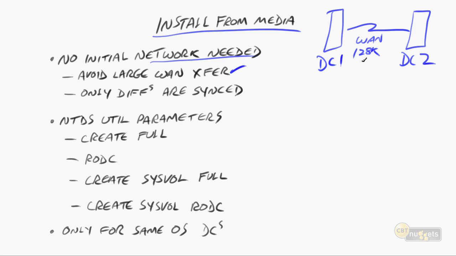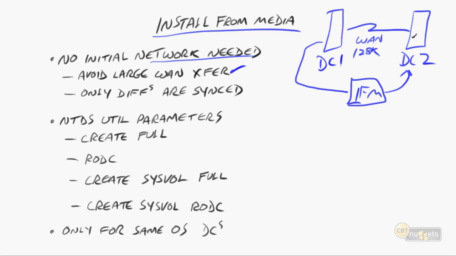And then later on, once we use install from media, and this could be on an external drive, a thumb drive, a DVD, anything, what we do is we copy the data instead of over the network. We copy it to whatever this media is here. And then on this new domain controller, we plug that in. Could be, like I said, a thumb drive or something. Or maybe we copy it to the local hard drive here. And then we do install from media, just from the local source, and we never use this WAN link for